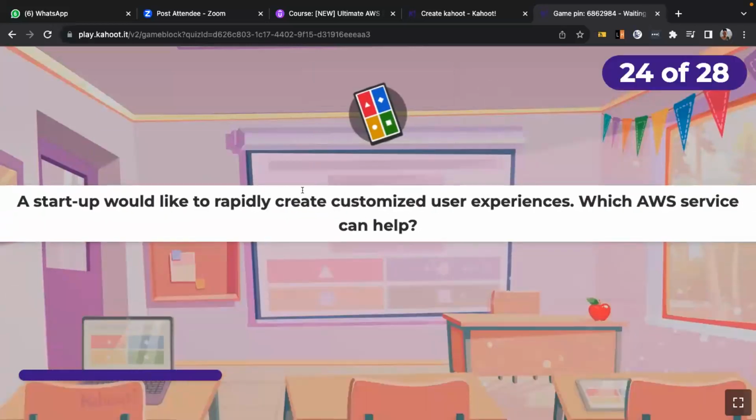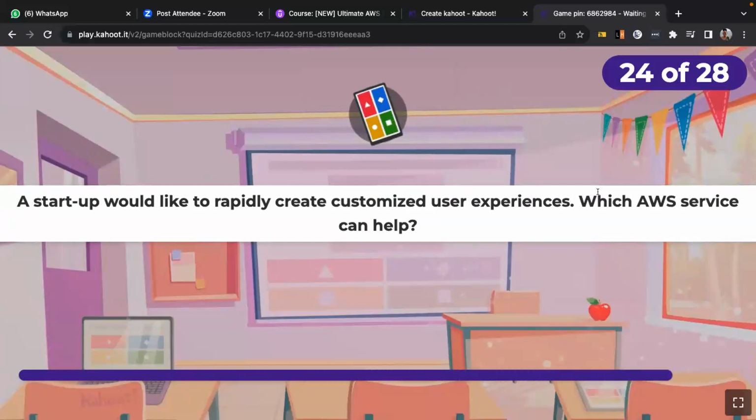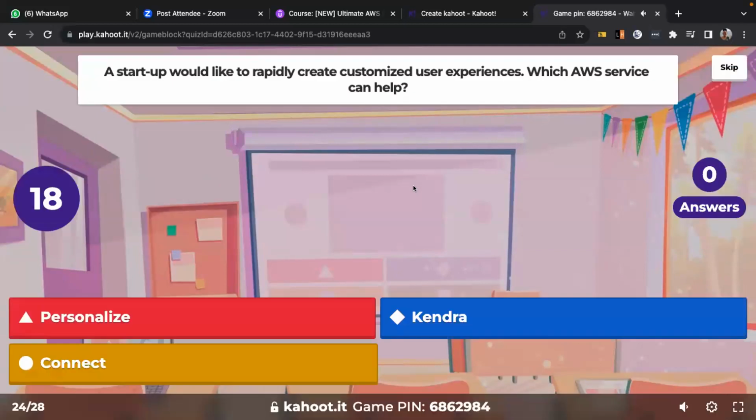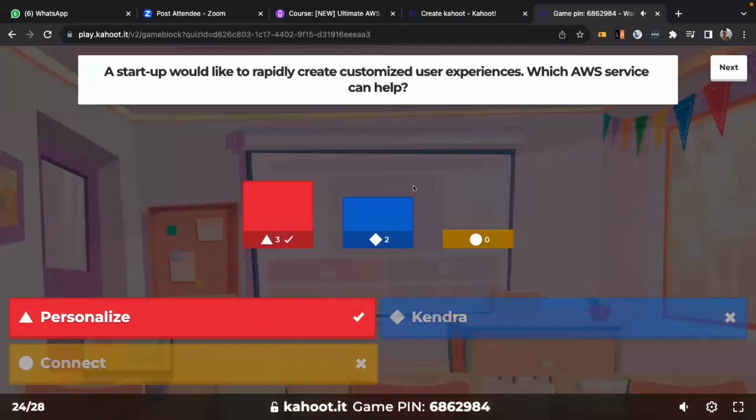So a startup would like to rapidly create customized user experiences. Which AWS service can help? Okay, Personalize.